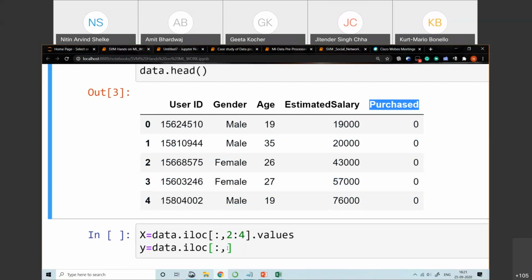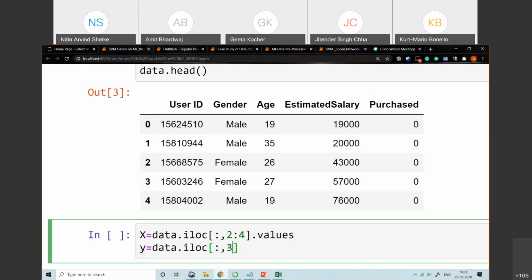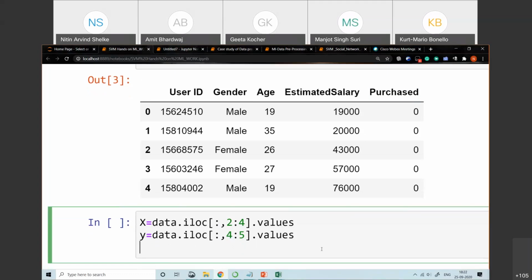So you can write 4 colon 5, or simply 4. Now this is my extraction of the dependent and independent variables. Let me just print. Yes, you can also write -1.